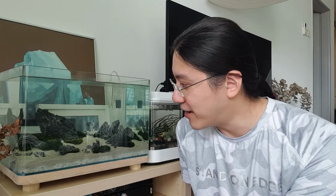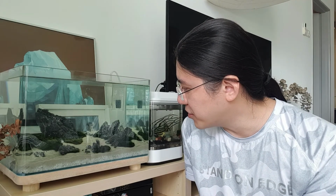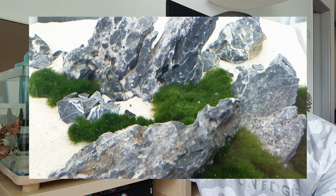The good news about this tank is the moss seems to be doing really well. The salt content in this tank right now is about 7,000 parts per million, which is about 7 parts per thousand, right? Did I get that right? Yeah, 7 parts per, no, I forgot my math. Anyway, it's about 7,000 parts per million, which is getting close to my target of about 10,000 parts per million. And so far the moss are doing well. They are healthy and green,